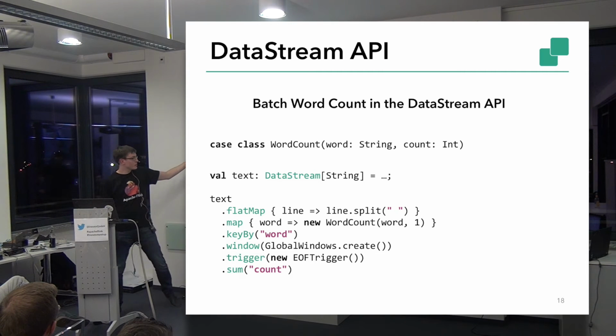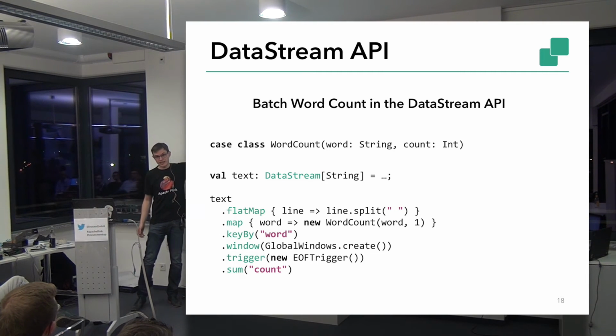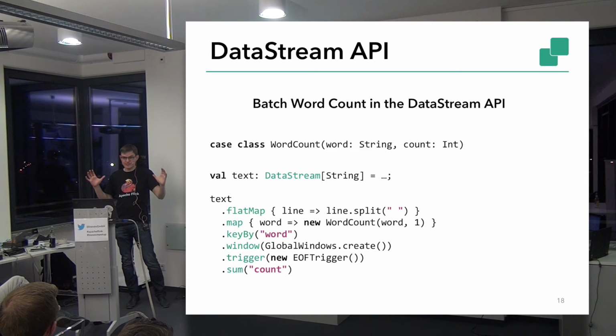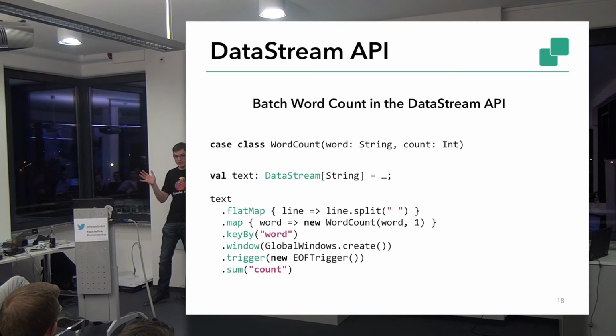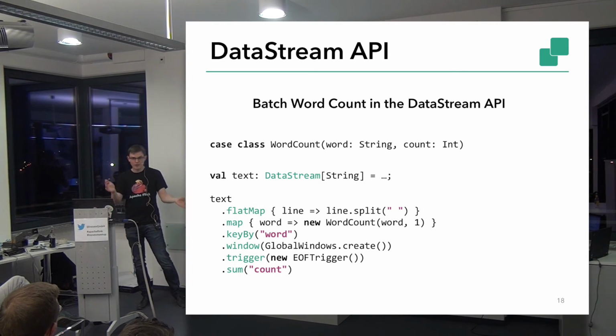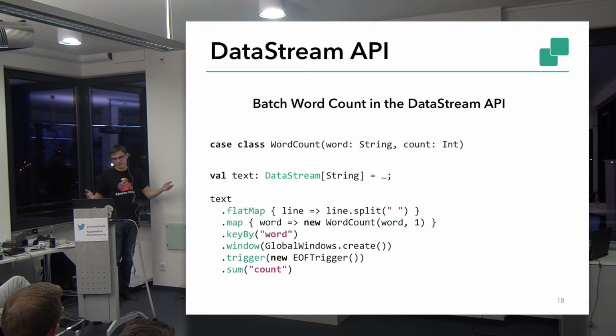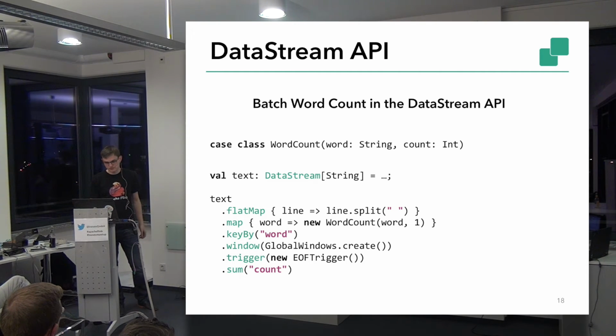But this only works because this file is finite. So the file ends at a certain point of time. So when the file has been completely consumed, it's over. But if you have a stream that never stops, I don't know, like a stream from your website where people are clicking on your shopping website, then you need to do windows which are for example time-based. So then you can define a window of 1 hour or 1 day or whatever, or a tumbling window which is always tumbling over to process a stream which never ends. And then you can do your computation inside this window.